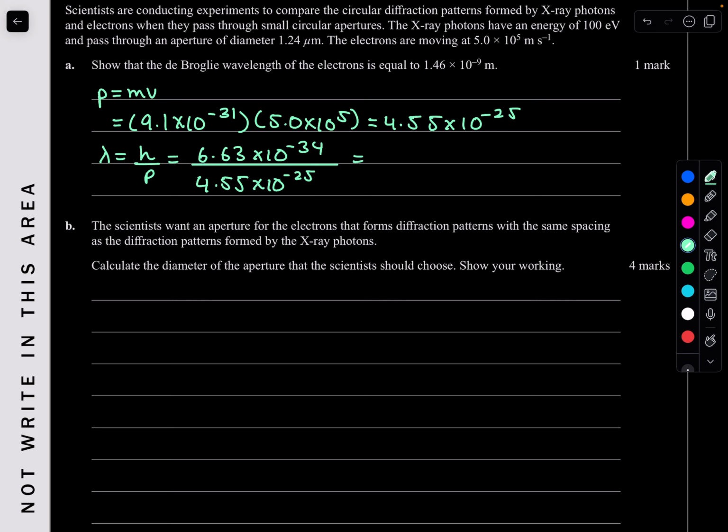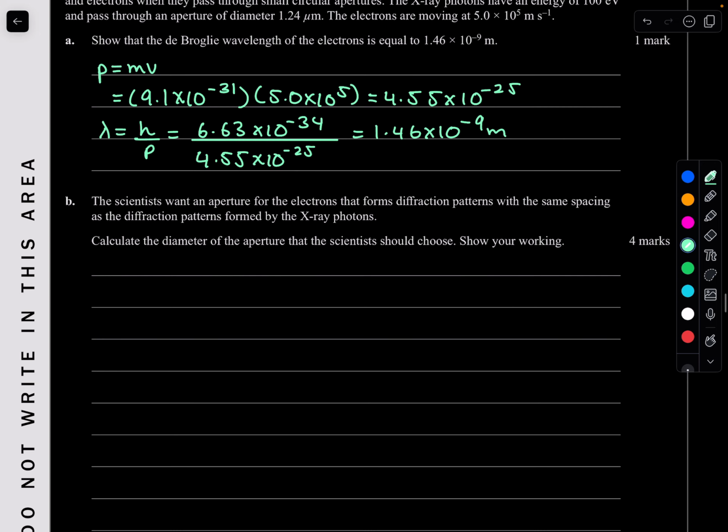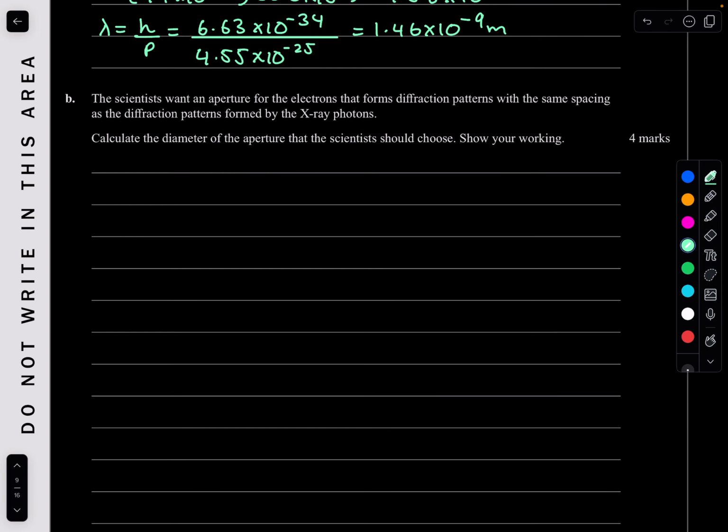All right, did I do everything right? Yep, looks good. So basically I get the same thing as that. Wait for one point, let me write it. So 1.56 times 10 to the negative 9 meters basically. Beautiful. B. The scientists want an aperture for the electrons that forms diffraction patterns with the same